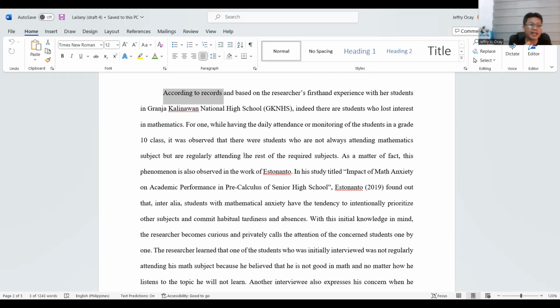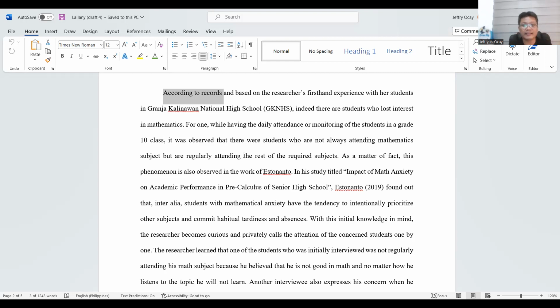When we say according to records, we want to send a signal to our readers, to the panel members, that the ideas, inputs, and data that we are presenting in the body of the background of the study are factual, based on facts,